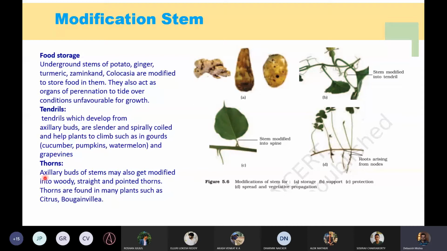And then we can have thorns, in big plants like the bael plant, that is Aegle marmelos. They can have thorns. A stem can be modified so a whole branch can be modified to form a thorn. Often stems are modified for vegetative propagation. They can grow on and on and on. In individual places, they can shoot out roots and shoots or leaves. Same thing happens with grass also.